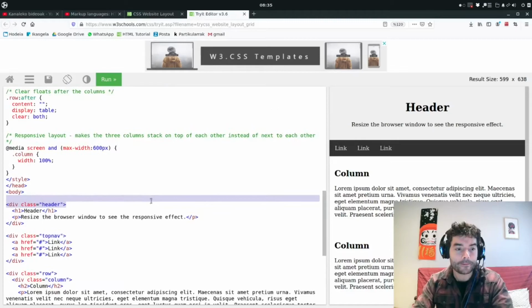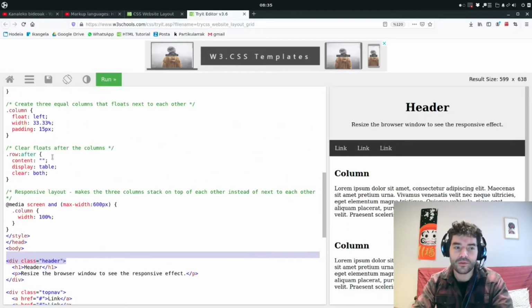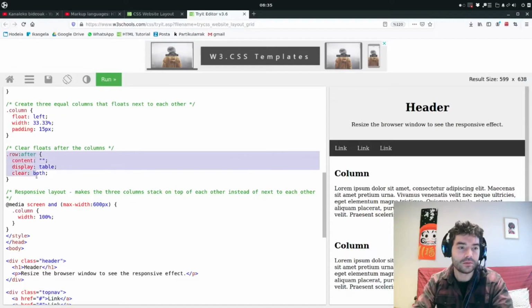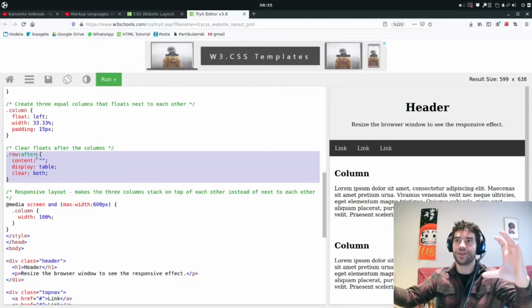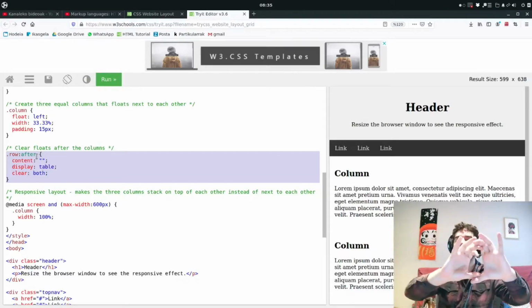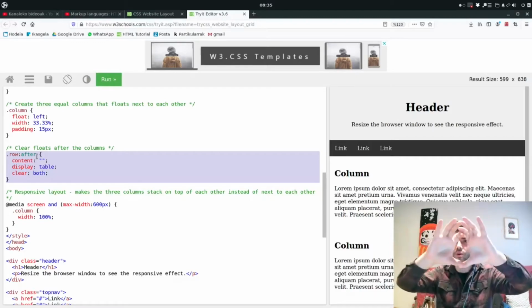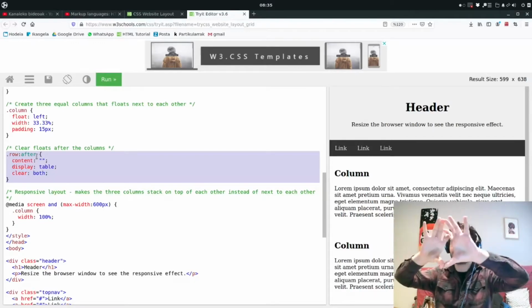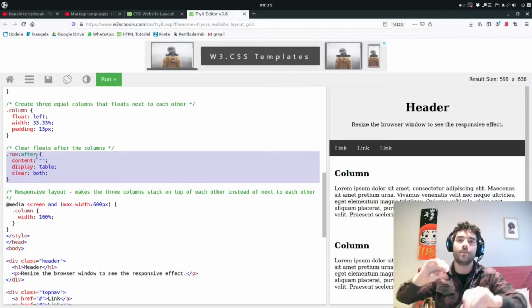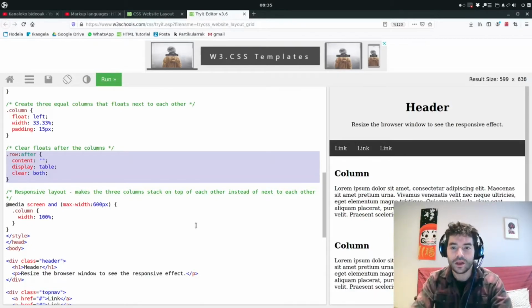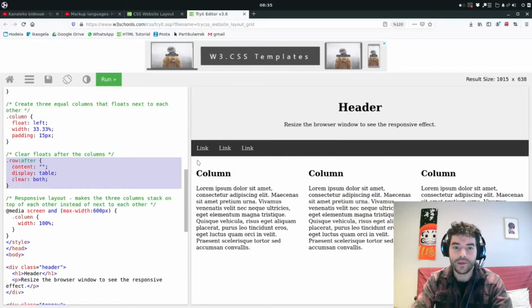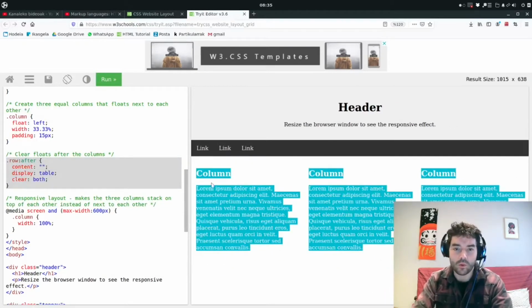The programmer likes to create also, remember, a row, a row box, which is the box that contains all the row elements. All the columns are in a row, so it creates a little box that takes the whole width where you can put each column. Okay, so in this example, this all will be a row. And after a row, the first thing you have to do is to clear the float property,